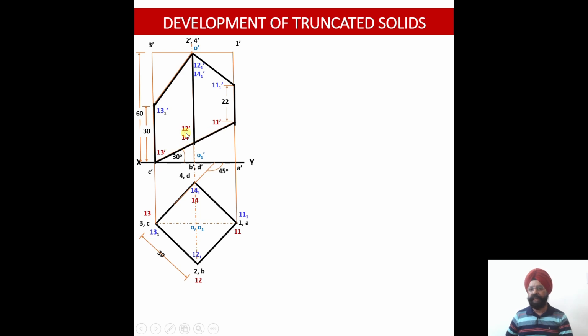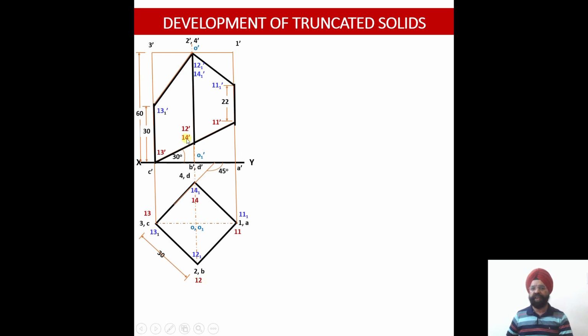So the points obtained will be 12 dash. 12 dash is the point obtained by the second cutting plane's point of intersection with the vertical edge 2 dash B dash. So this 12 dash was lying on 2 dash B dash. So you see the top view in red color has been marked over here as point 12.